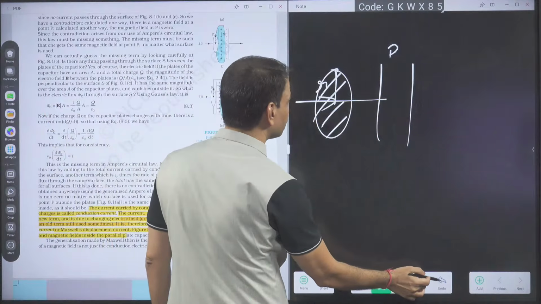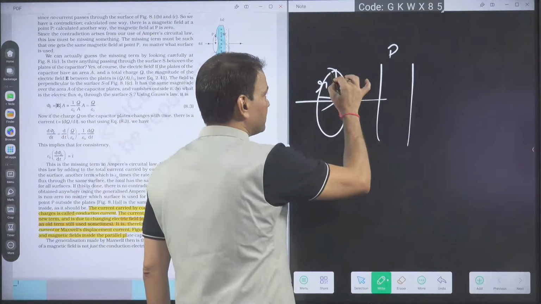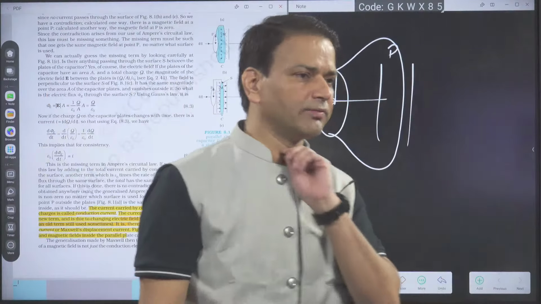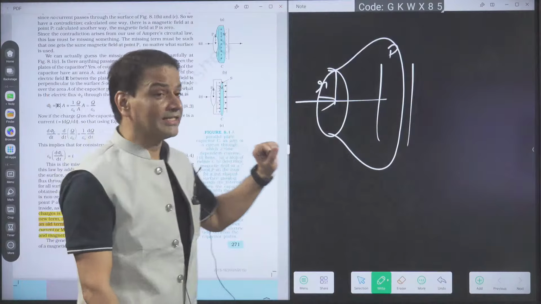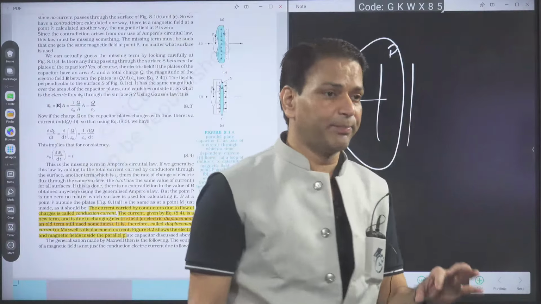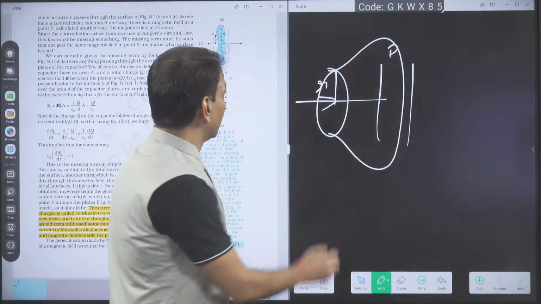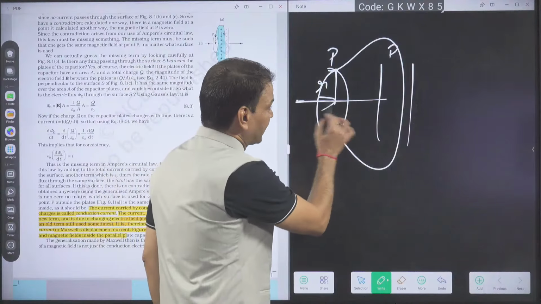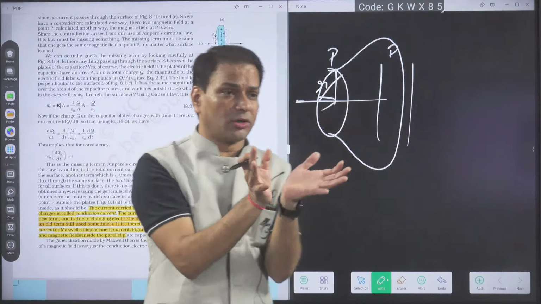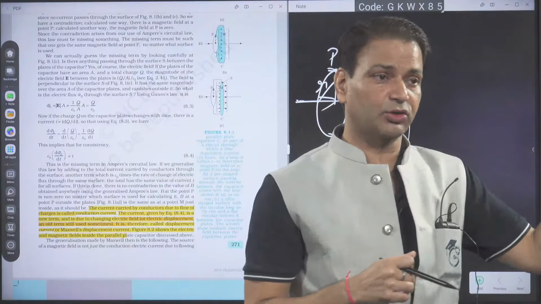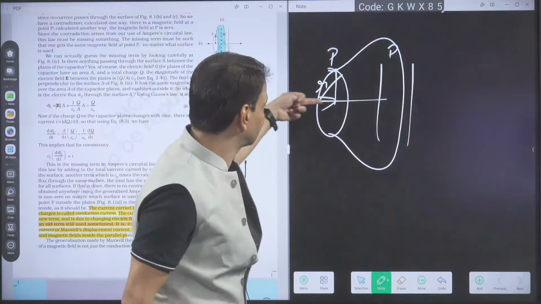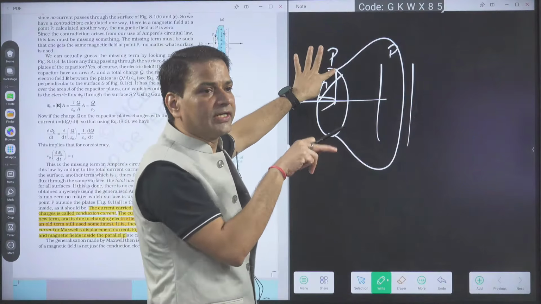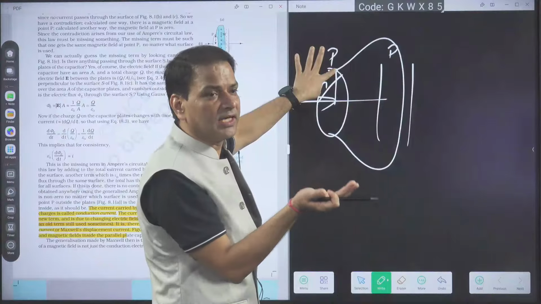Now what am I taking? Like an open pot. This is the shape of the Ampere surface I am taking. What I said, magnetic field will not change with the shape of the Ampere surface. Now here, if I want to find the magnetic field at the point P, the current is not crossing the surface. I have taken the open pot. Open pot means current is not cutting the surface, so conduction current I will not take. But at this point, the magnetic field will not change with the shape of the surface.